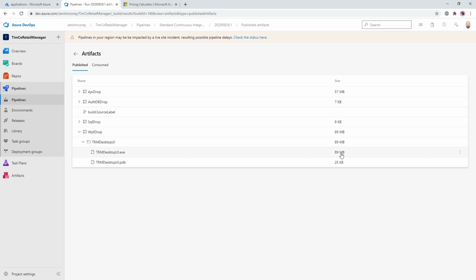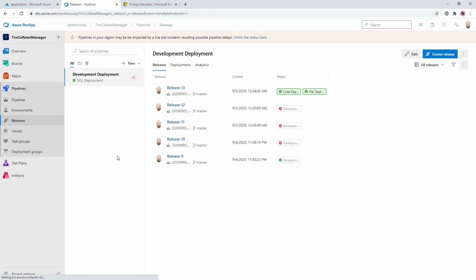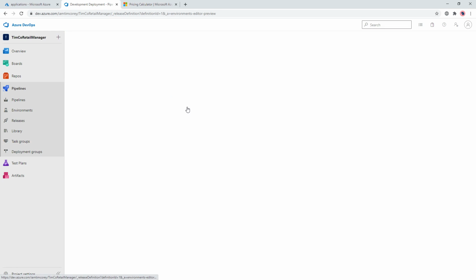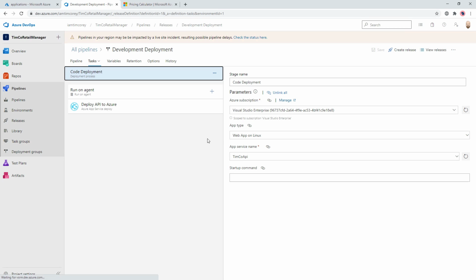So again, it's bigger than we'd like, but at the same time, it's not massive, especially for all of our NuGet packages and everything else, as well as the entire .NET Core runtime. So 89 megabytes is our final build. So now I can go to release. And because we have that executable file in there, we hit edit. We go to our one job, one task for the development deployment. We can add